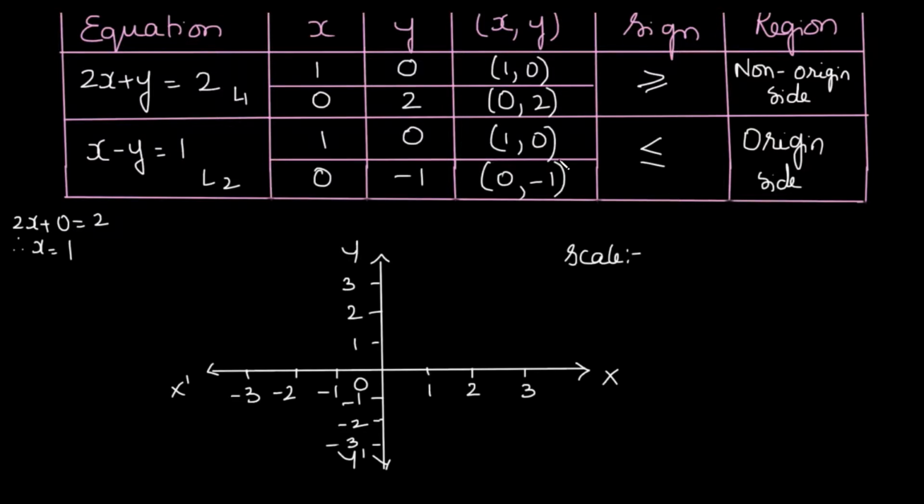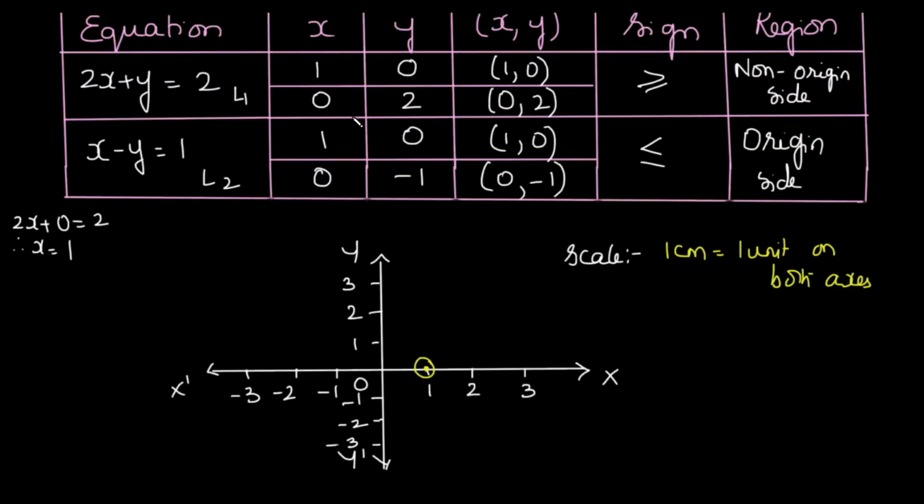Now let us see how to plot the points. Again, the points are plotted in exactly the same way. So in this case, we have x, y, the first point with respect to 2x plus y is equal to 2. Now one more piece of advice is that first plot the points of one line, draw that line, and then go on to plot the points of the other line. If you plot all the points together, you might end up confused while drawing the lines. Okay, so (1, 0) falls over here. Again, the scale is 1 centimeter equal to 1 unit on both axes.